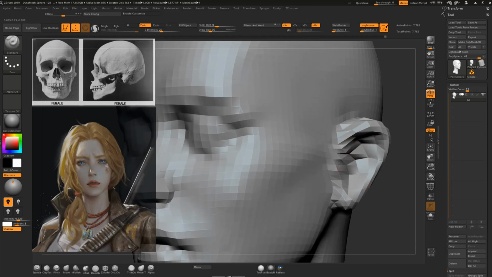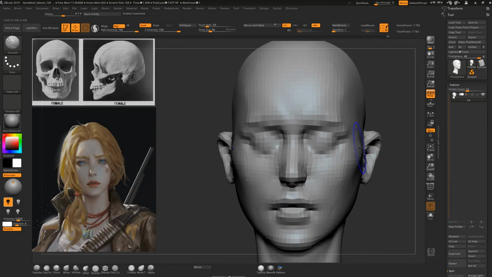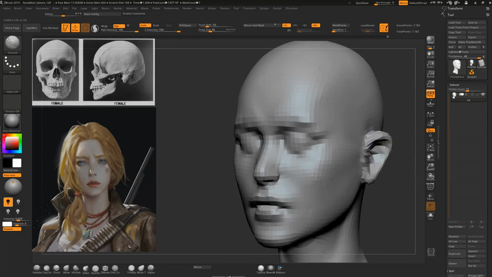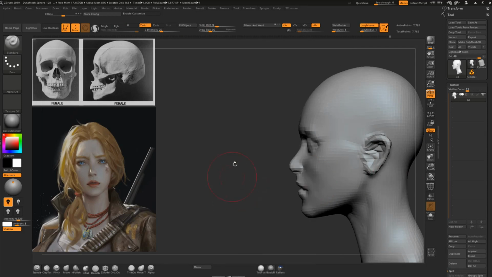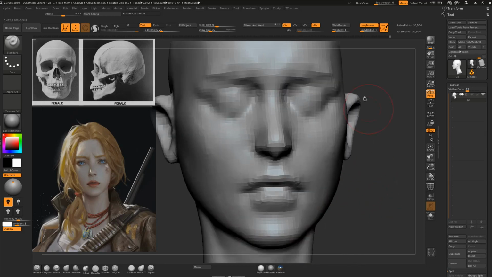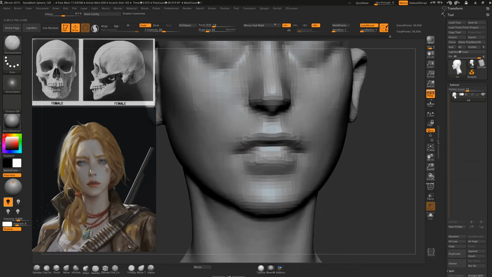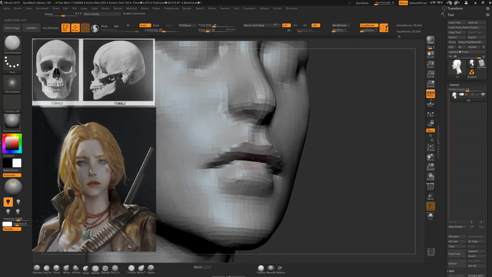And what I need to do now is Dynamesh it again. But this time I will Dynamesh it in the double resolution. 96 is double. So now we have this Dynamesh, and I can start doing some details with the Standard brush, just digging here on the corners, making her upper lip also like this, and just making some stuff,